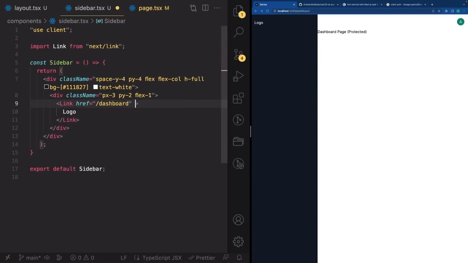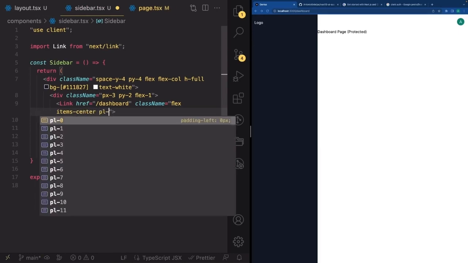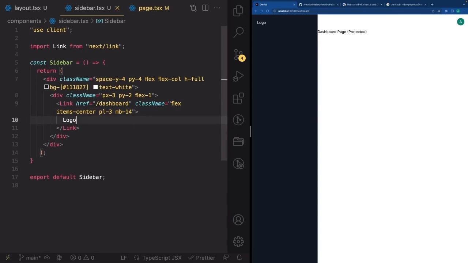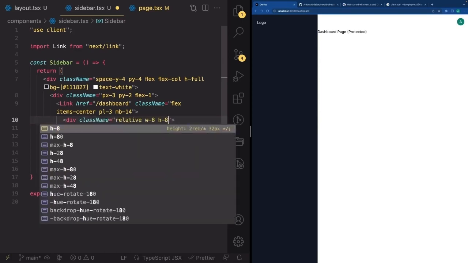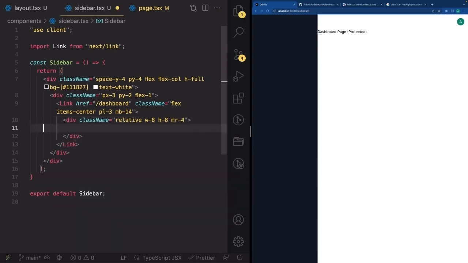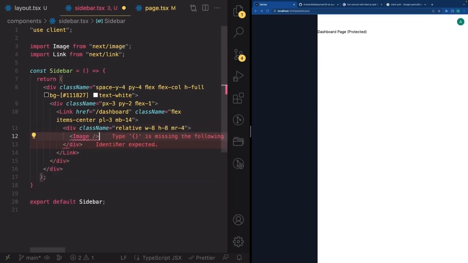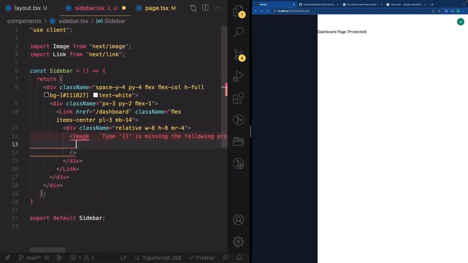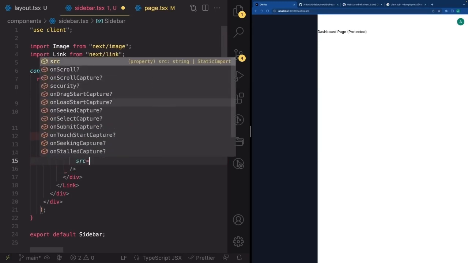And let's give this some class names. So class name here is going to be flex items-center, and pl-3 and mb-14 like this. And instead of just a logo, let's write a div here with a class name of relative w-8 h-8 and mr-4 like this. And inside I'm going to use an image component from next/image like this. And let's give this a fill property, an alt property of logo, and the source is going to be